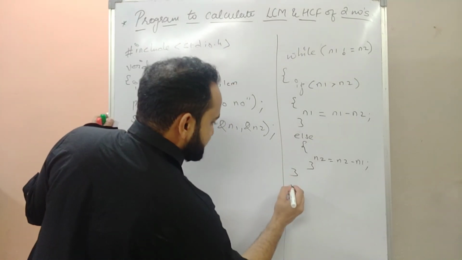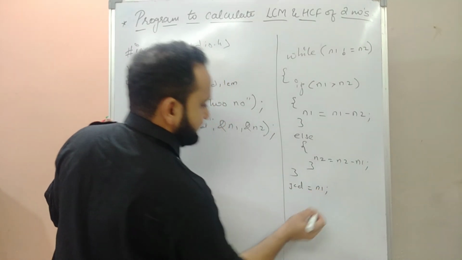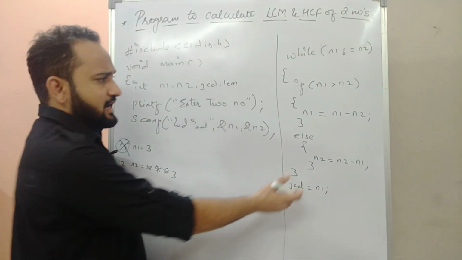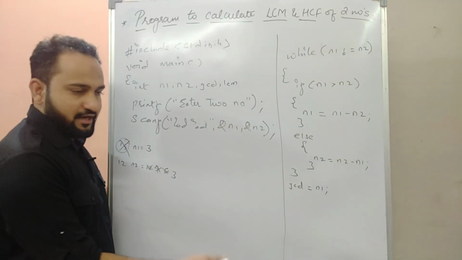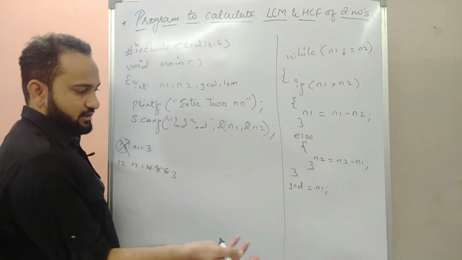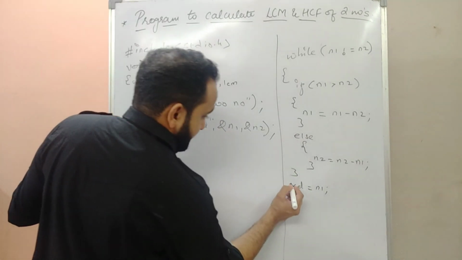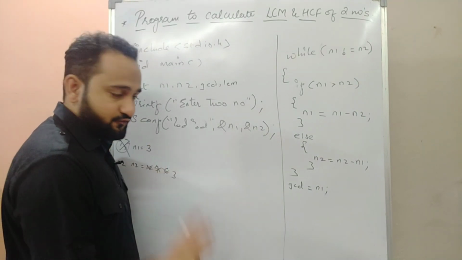So let's write the value of GCD variable as n1. Can I write n2? Yes, you can write anything. After performing this, what happened? The value of n1 and n2 both becomes the same. So you write GCD equal to n1 or you write GCD equal to n2. You got the value of GCD. But please don't write GCD equals to n1 comma n2. Only one value you have to put.